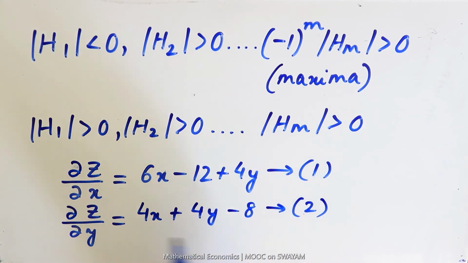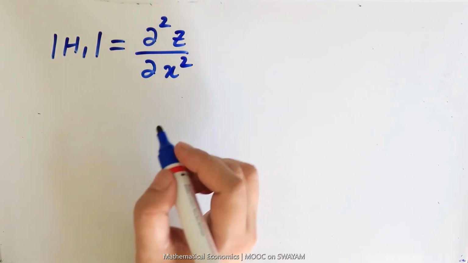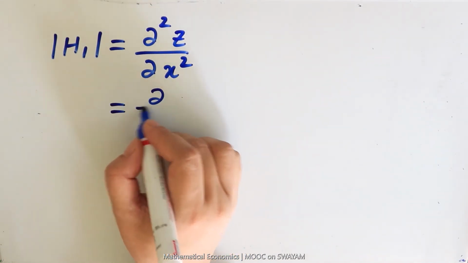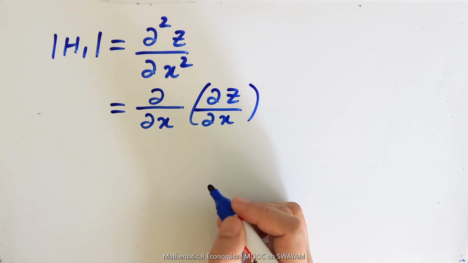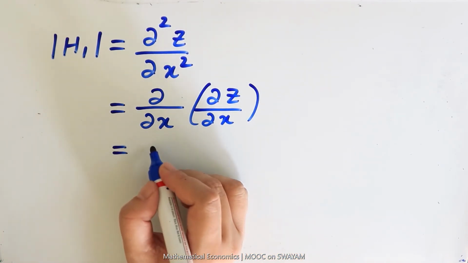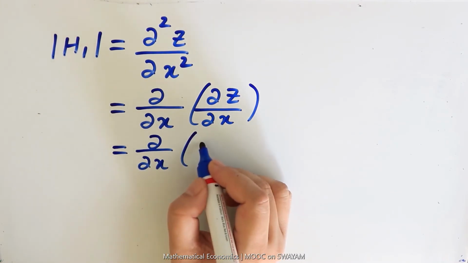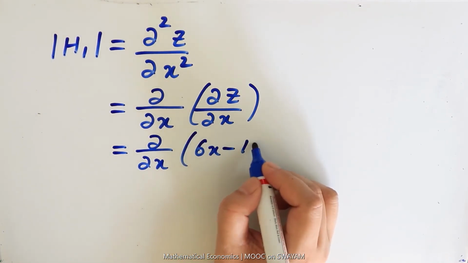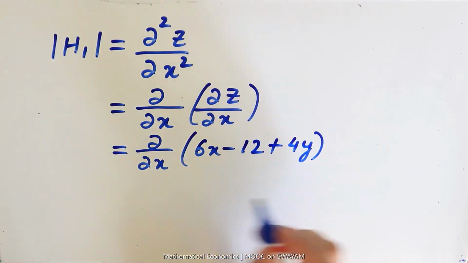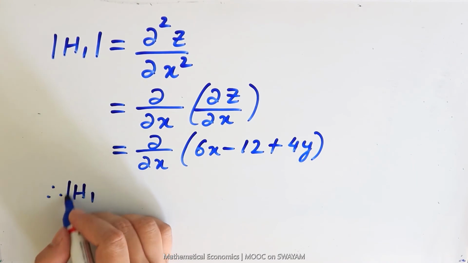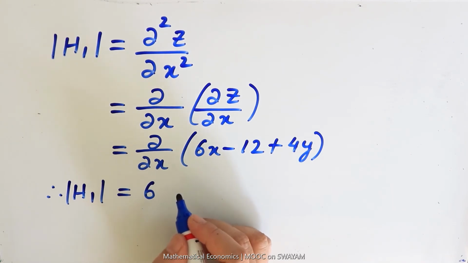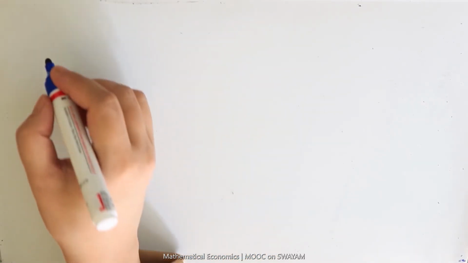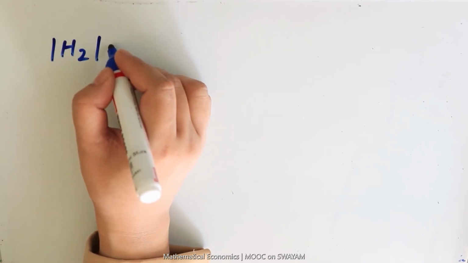For our example, h1 is equal to del square z del x square, or we can write this as del x of del z del x, or this is equal to del x of 6x minus 12 plus 4y. Therefore, determinant of h1 gives us 6, which is greater than 0,